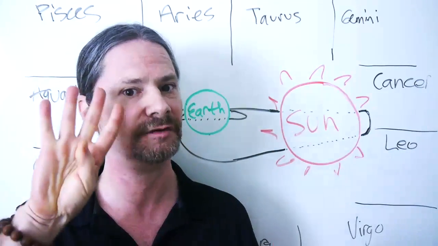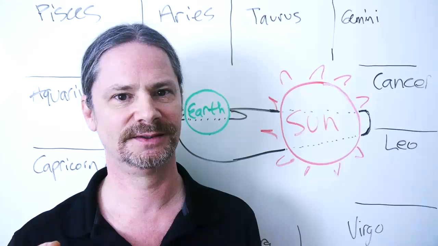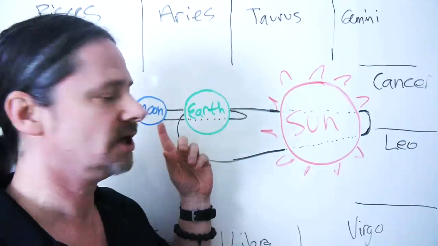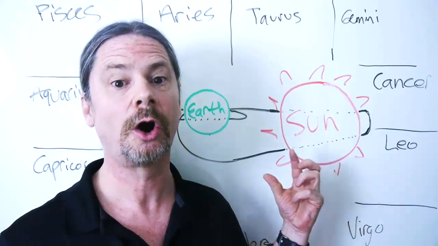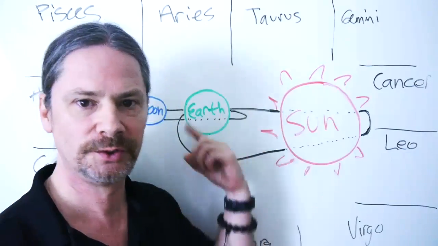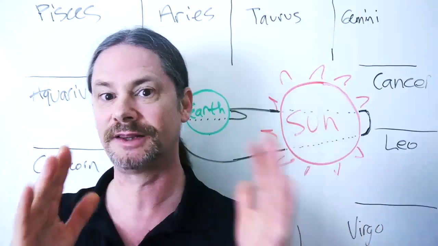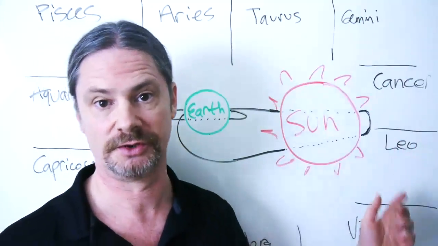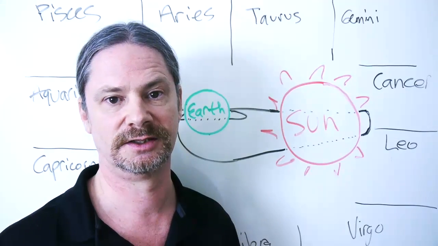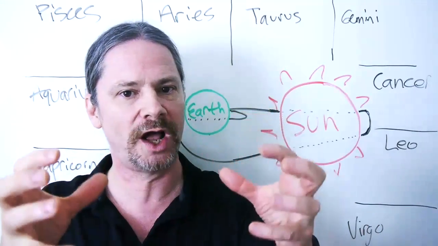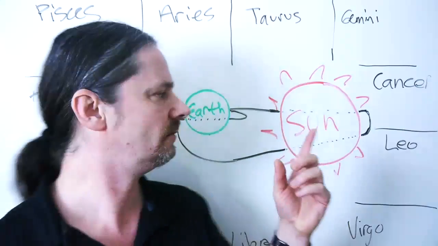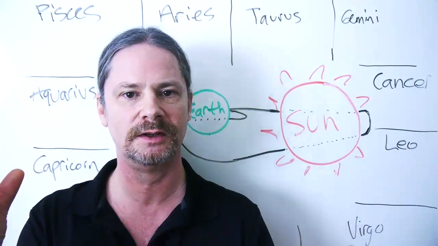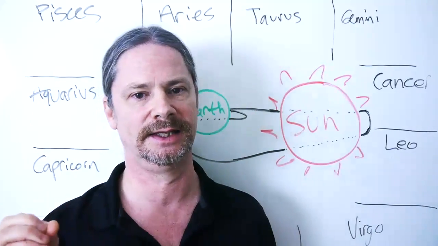This is why it's not just 4 signs at 4 cardinal points. You need to carve it up by 12 because the 12 tropical signs are also trying to approximate 12 lunar cycles. But they're not connected to the lunar cycles. In fact, neither is the sidereal zodiac in Vedic astrology. Neither of them are connected anymore to the 12 lunar cycles that exist in a year, because you can't line all of that up. None of it lines up exactly.